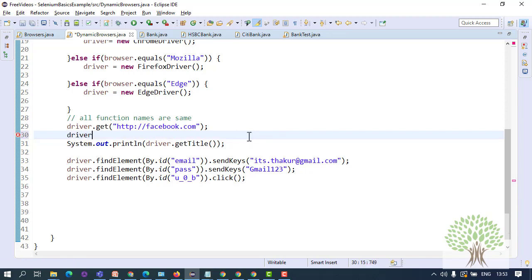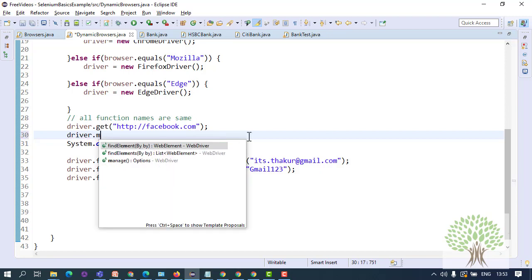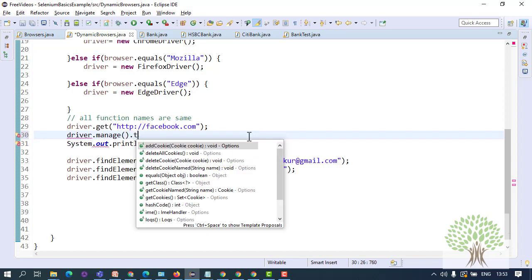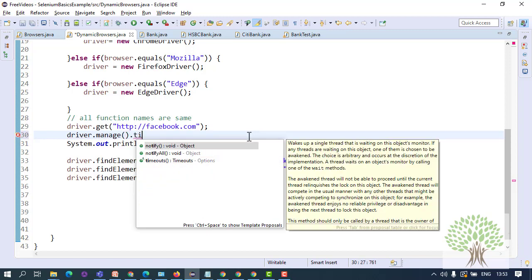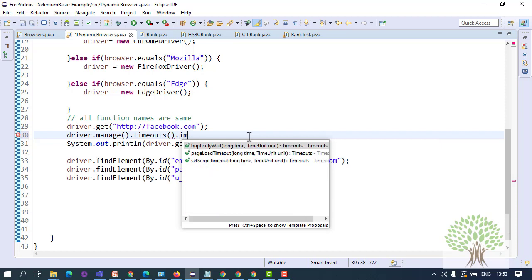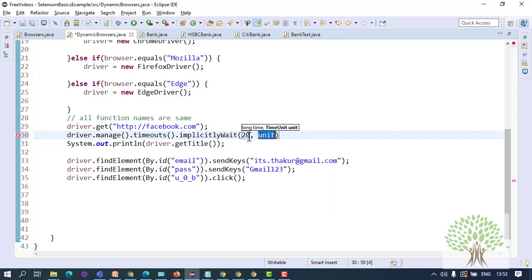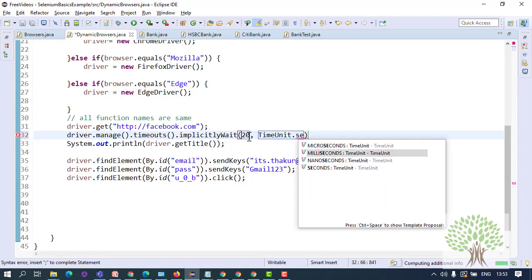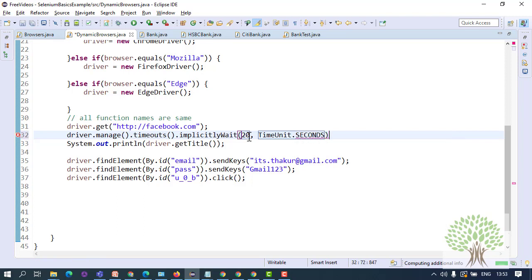It's a good practice to add some implicit wait. You can write driver dot manage dot timeouts dot implicitly wait for 20 seconds, that is time unit dot seconds you can write. Fine, so what will happen is that this will add an implicit wait for all the driver dot find element commands. Okay, after this,